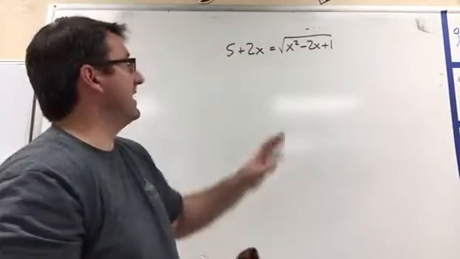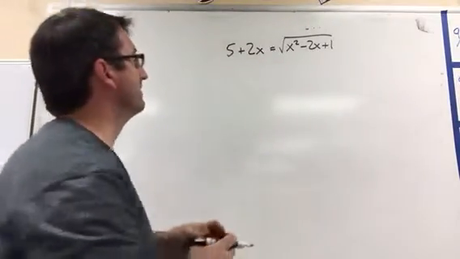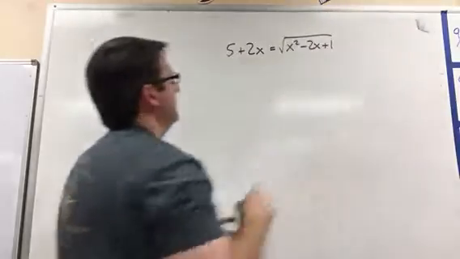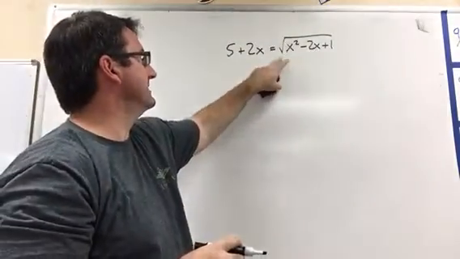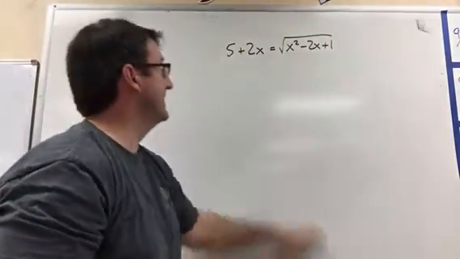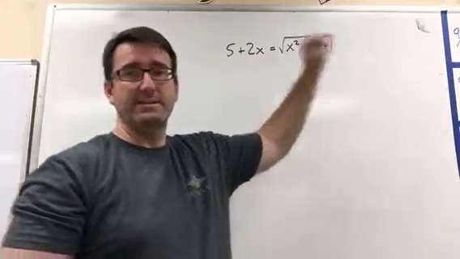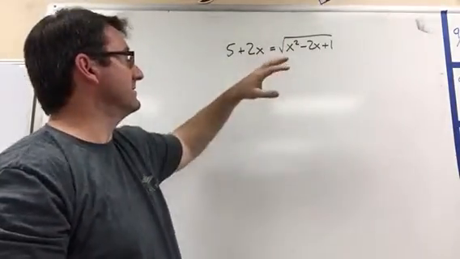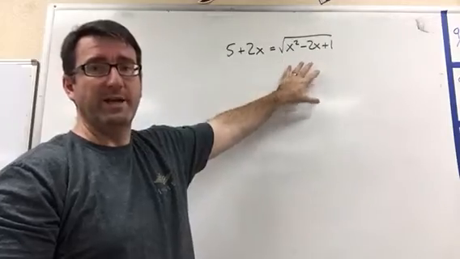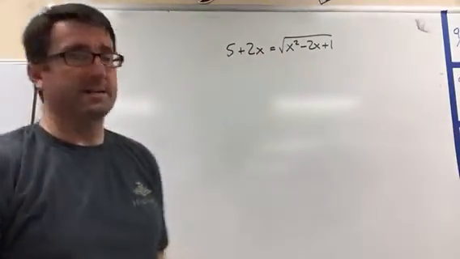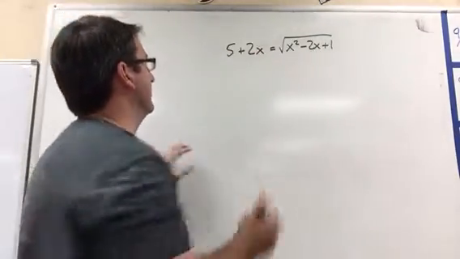All right, for number 7, we're asked to solve this equation. So the first thing I'm going to want to do is get rid of that radical. Notice that the entire left side of this equation is under the radical, so we can go ahead and, right from the beginning, square both sides of this to get rid of that. So let's